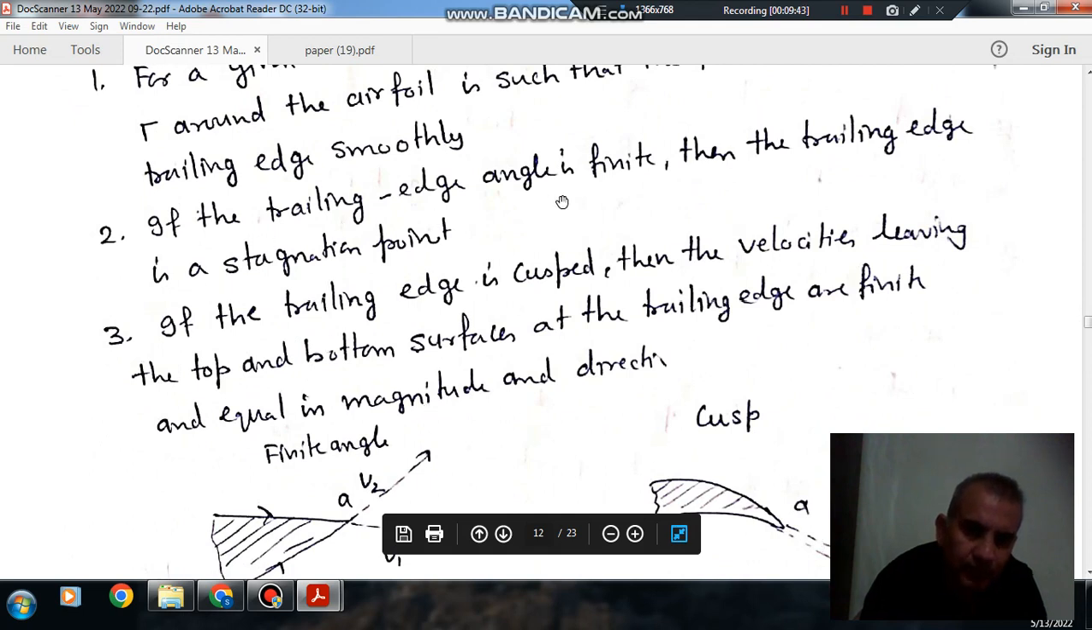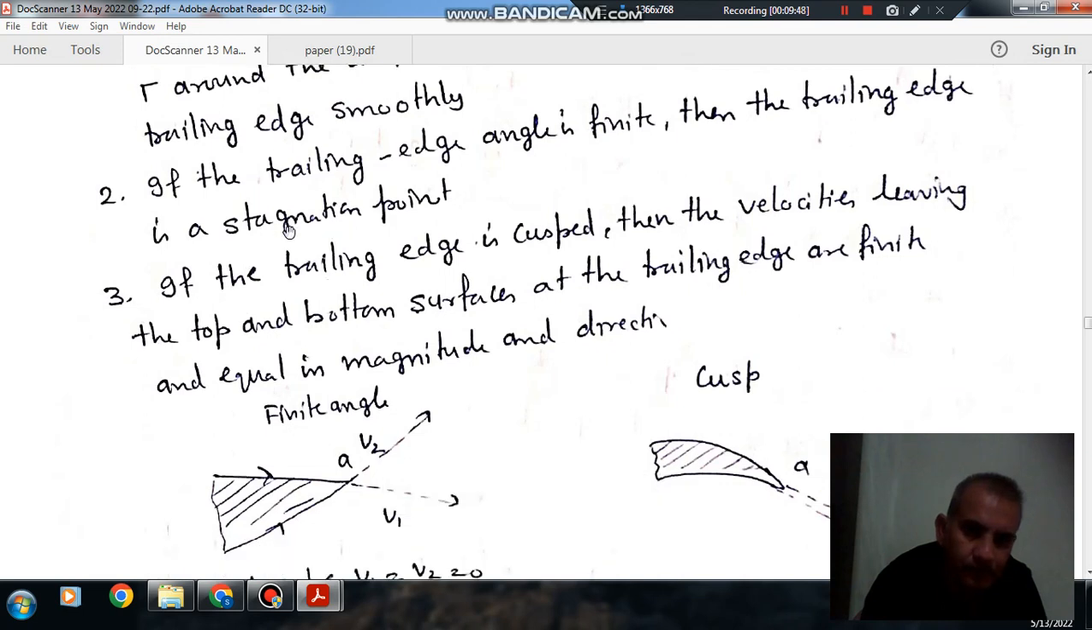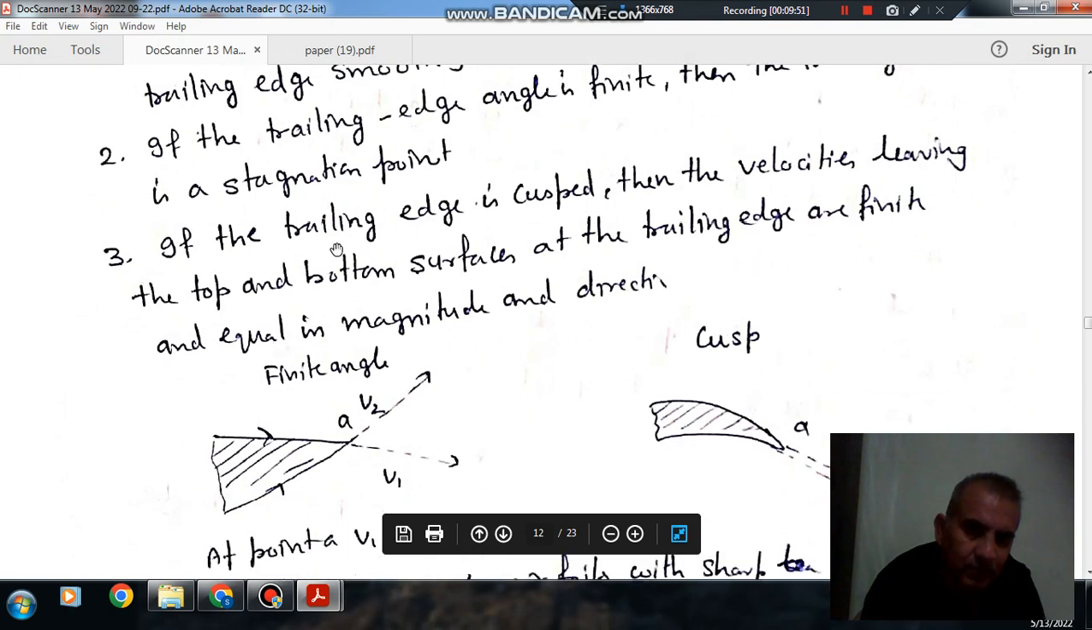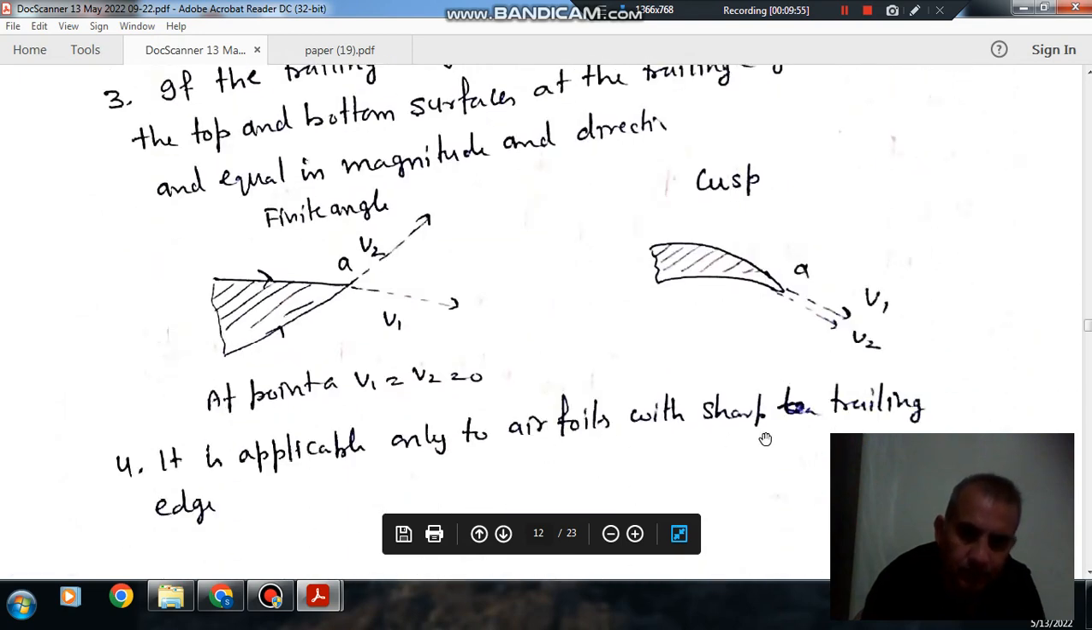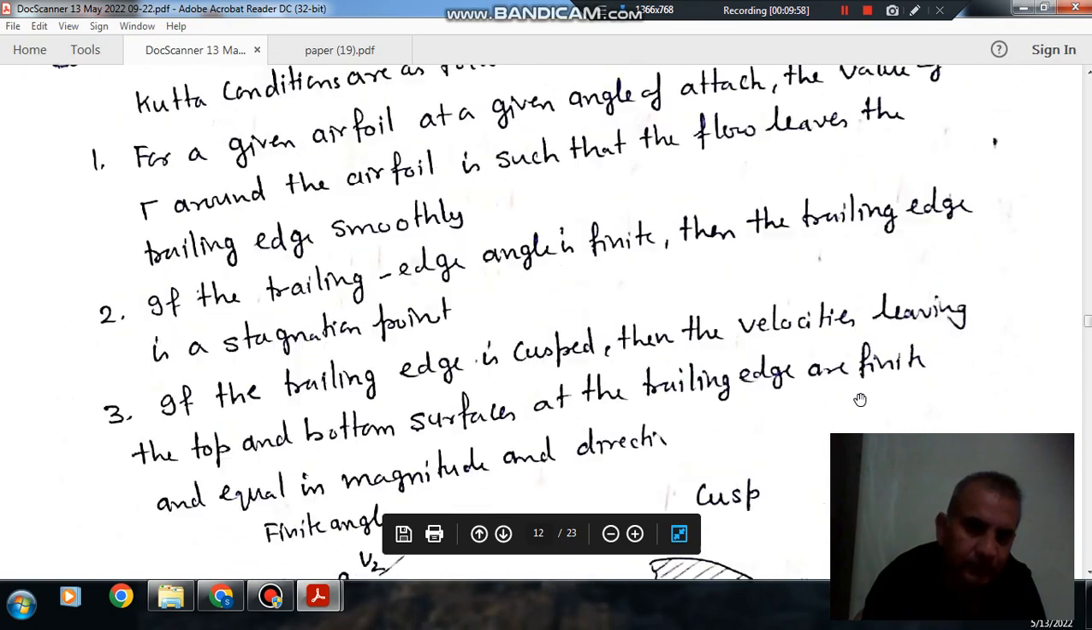If the trailing edge angle is finite, then the trailing edge is a stagnation point. If it is finite, then it is a stagnation point. Otherwise, it is not a stagnation point. If the trailing edge is cusp type, then it is not a stagnation point. Okay, and it is applicable only to airfoils with a sharp trailing edge. So answer